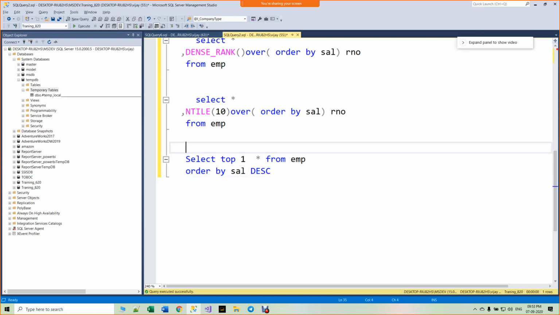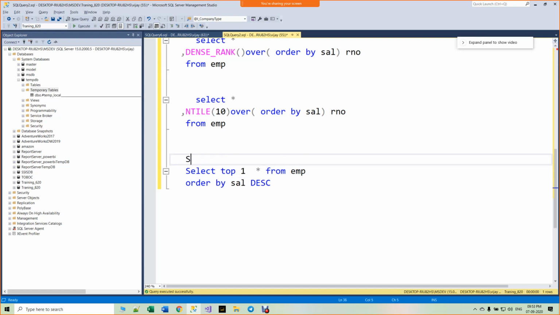There is one more interesting thing also. You can put row count. There is a function called row count.